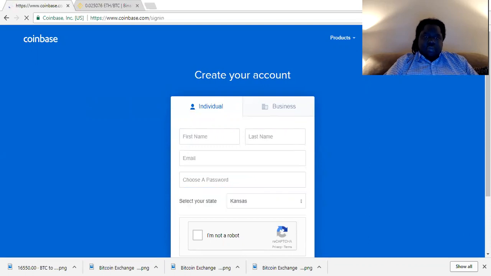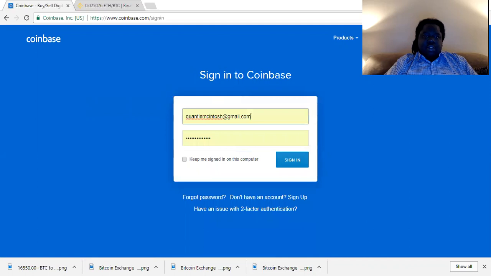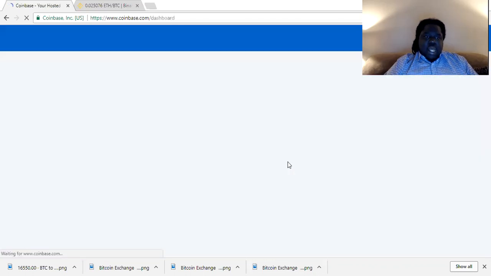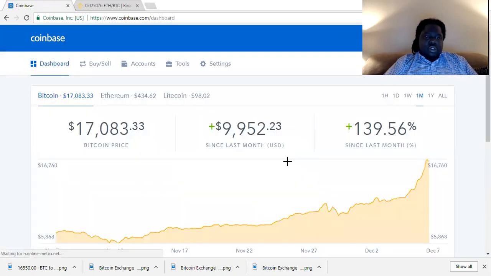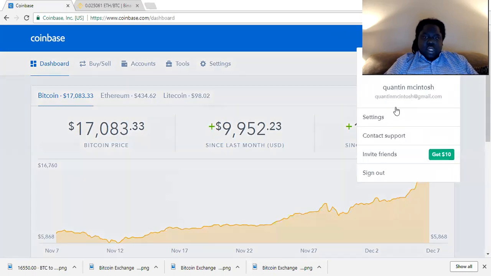And so obviously, like I said, I already have an account with Coinbase, so I'm going to just go ahead and get signed in here. And the first screen it'll take you to is your dashboard. And as a new account member, the first thing you would want to do is go to your settings,